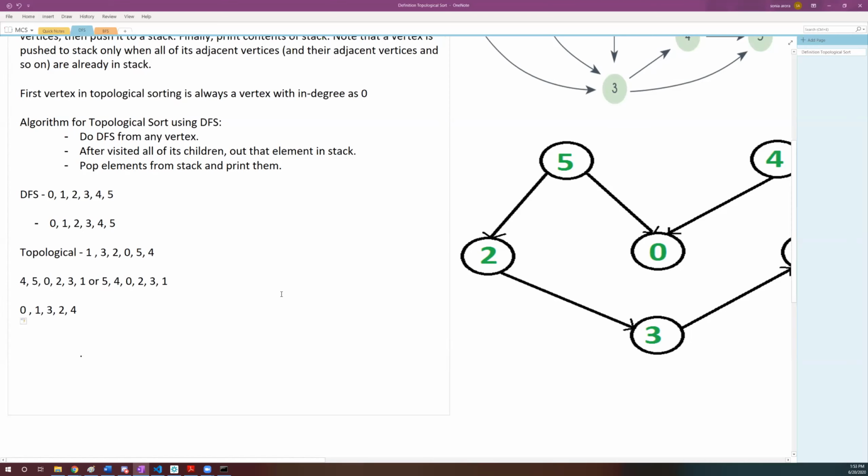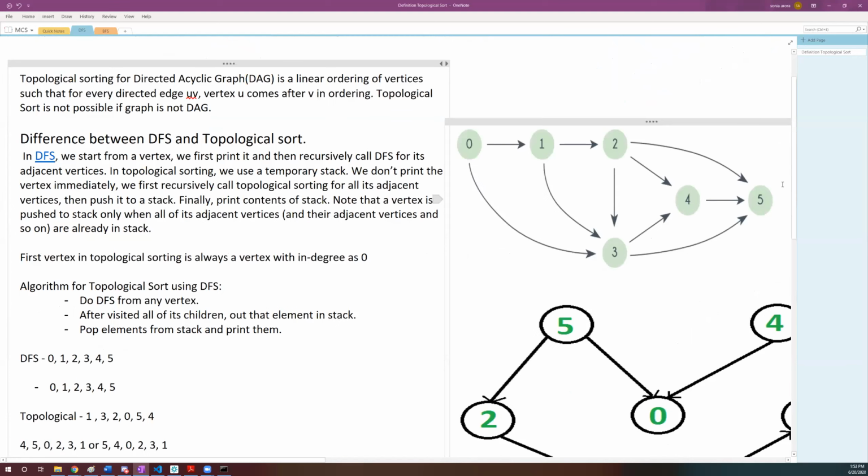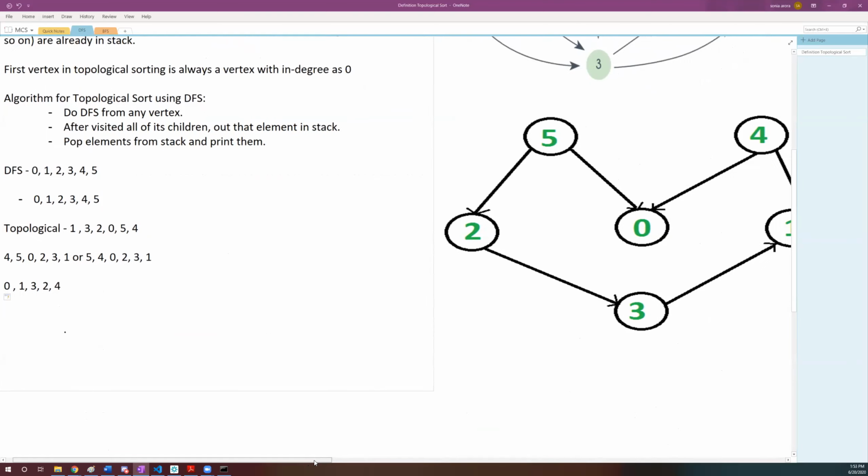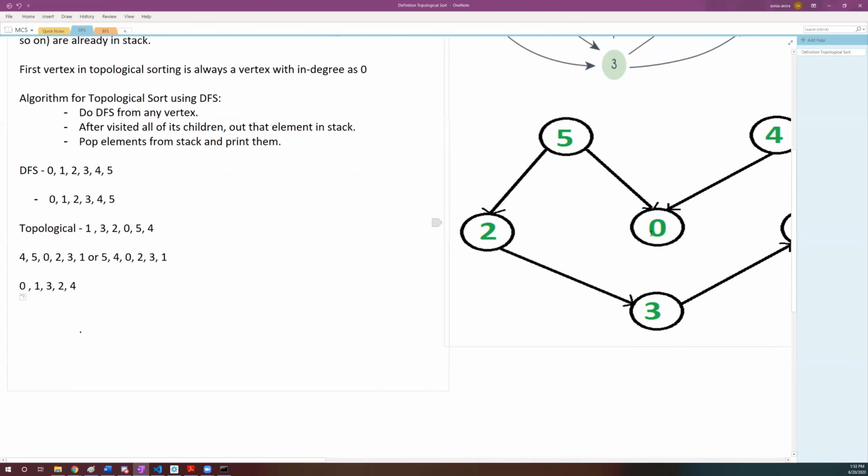Okay. Are there any doubts in this? We'll solve the problem, and then it will become clearer, I think. But you can talk about how to find a cycle. Say we have 0, and there is a 5, and 0 is dependent on 5. Here, when you say the arrow is coming in, it's the in-degree of 0. 0 is dependent on 5. And say we have one more,